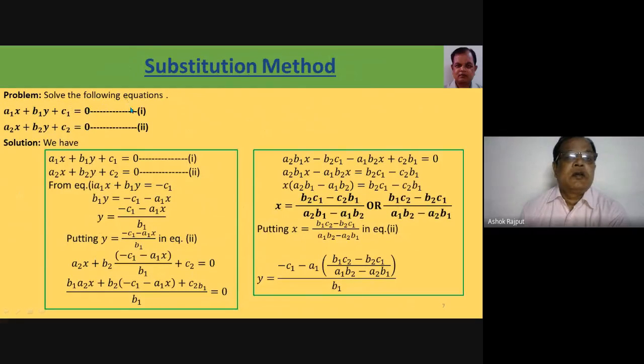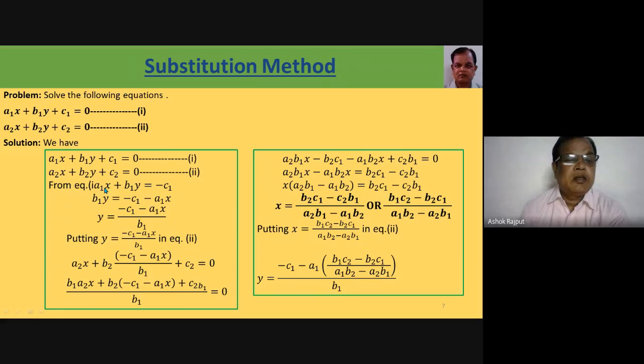as we are seeing here, the substitution method. Solve the following equations. The equations are a1x plus b1y plus c1 equal to 0, a2x plus b2y plus c2 equal to 0. So first we write them here as we have. Then, using the first equation, a1x plus b1y equal to minus c1, we will transpose and find the value of y. b1y equal to minus c1